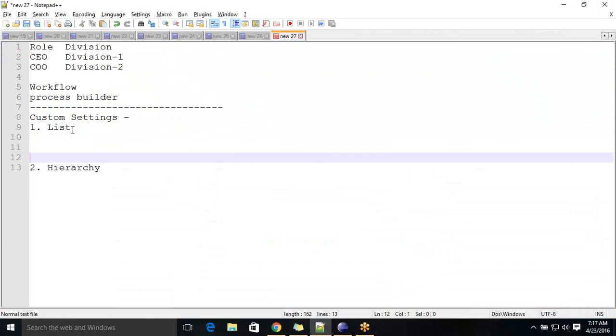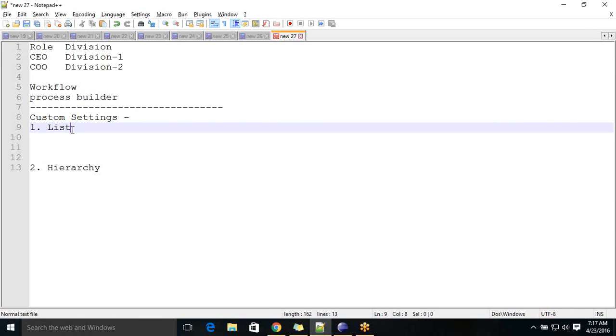This list custom setting is similar to a custom object. We store the information in a custom object, we can insert the records, and we can query those records and utilize them. In the same fashion, in list custom settings also we can store the records. So what is the difference between a custom object and a list custom setting? Suppose I'm storing 1000 records in a custom